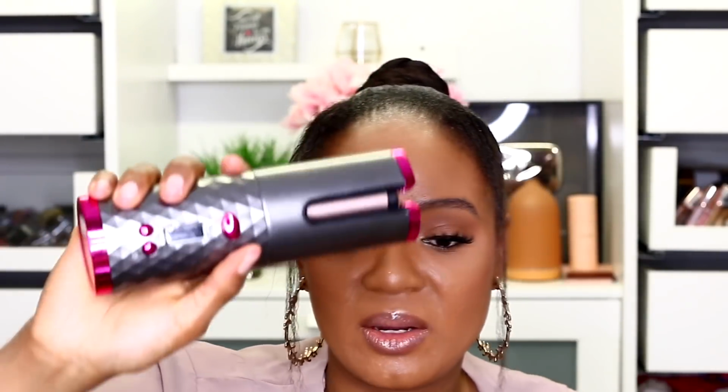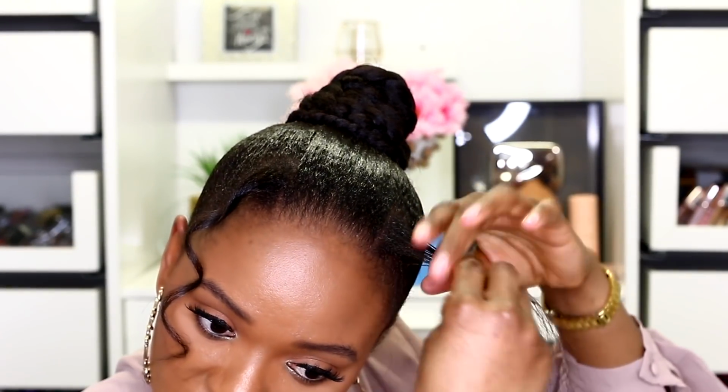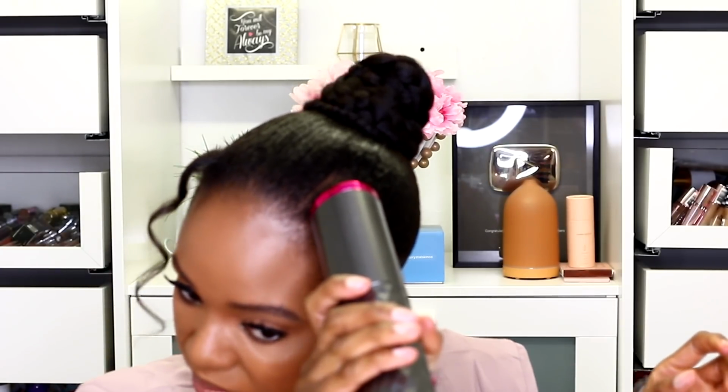You don't need to worry about a cord moving up and down. Basically, I just hold it and then I go in, feed it into this, then press it. It's gonna curl, and then it's gonna give me a timer. 2, 3, 4, 5, 6, 7. That's it. So it releases, and you guys can see that. I'm just gonna do the same thing right on this side. Press it. And that's it, guys. Just wanted to show you guys how I achieved this very quick bun and